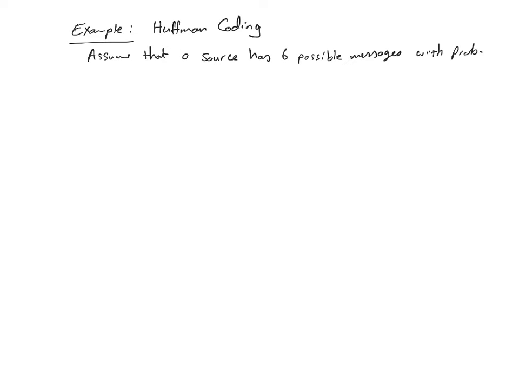So the probability of each message to occur is given as 0.3, 0.25, 0.08, 0.1, 0.12, and 0.15. Then you are required to design a Huffman